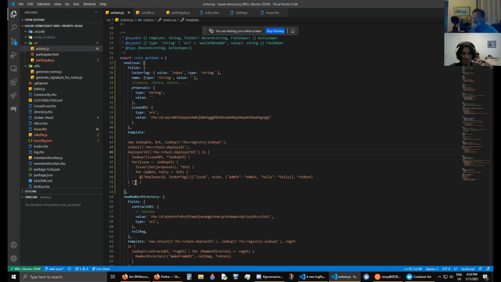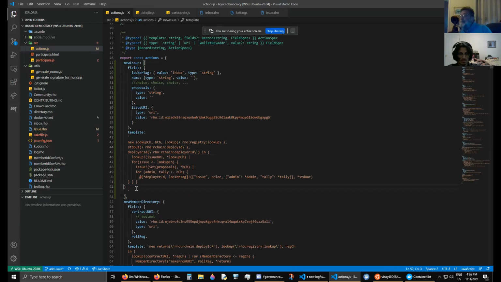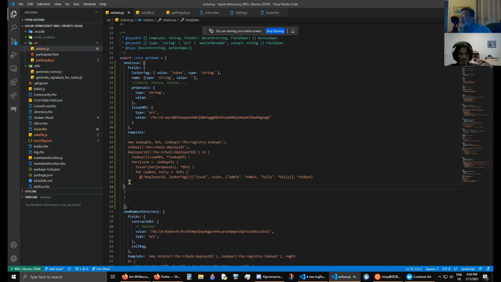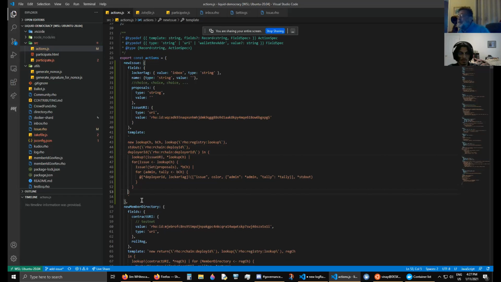Okay, so in other words, the admin and tally capabilities, those names are only valid between the curly brackets. If we want to use those admin and tally capabilities later, we have to save them somewhere. And where we're saving them is we're sending them to the inbox, where we have the type of